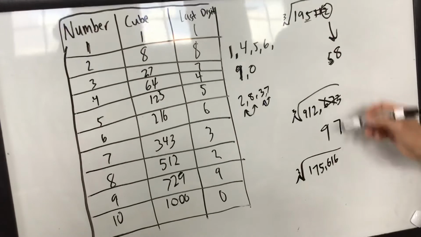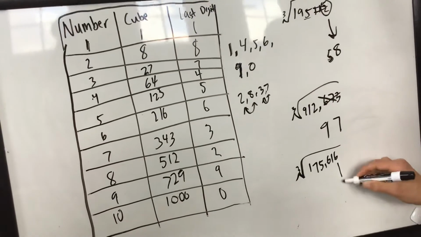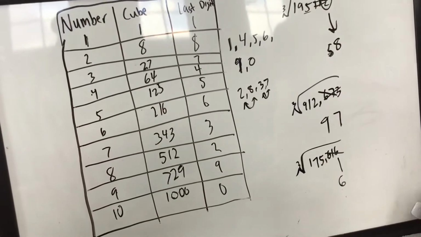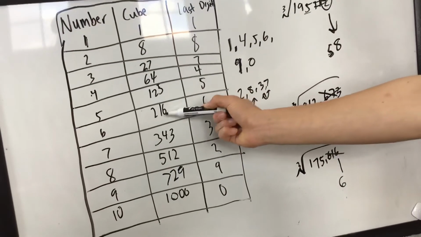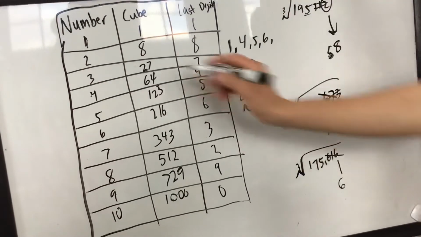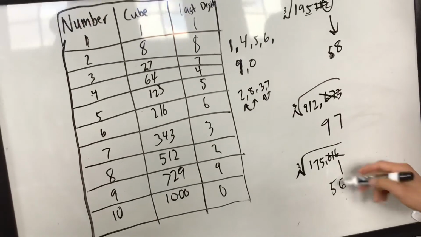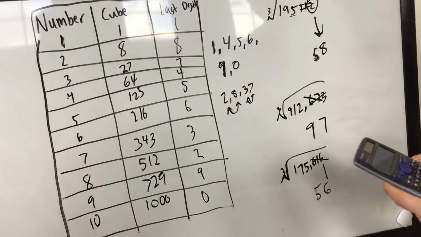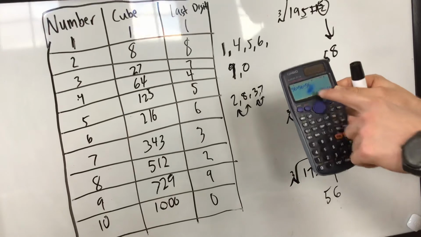So a 6. You know that a cube of 6 ends in a 6, so the last number of this cube must be a 6. We take out the last 3 numbers, and we're left with 175. We go back to the chart here. Oh, 175 is less than 216, so it can't be 216, so it must be 125. So the cube root of 125 is a 5, so we plug that in the front, 56, and that's your answer. See what I plugged in to get this answer? 56 times 56 times 56 equals